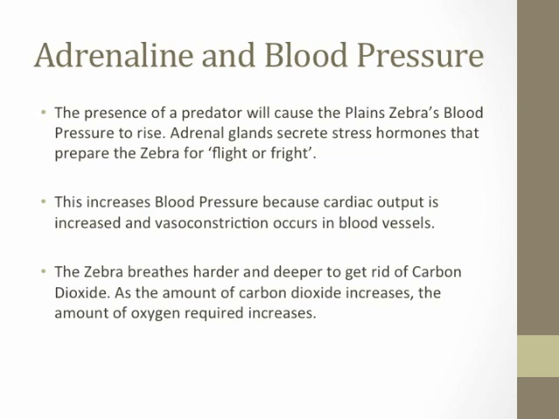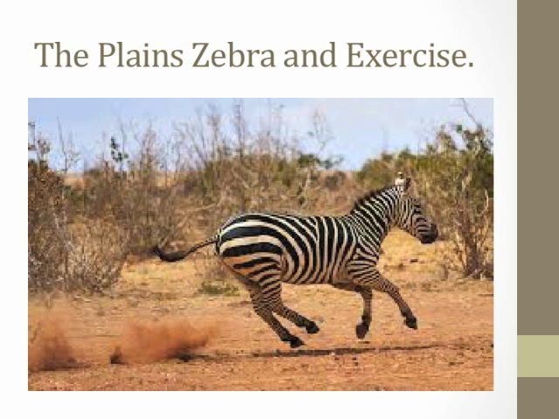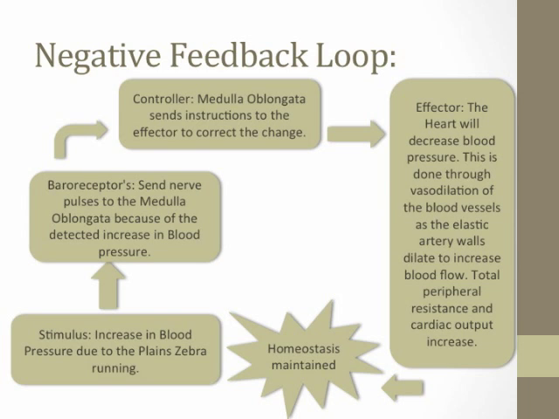As the heart pumps harder to send blood around the body, the zebra's blood pressure rises. To show how homeostasis and a plain zebra's blood pressure work, I will use an example of blood pressure increasing due to the zebra exercising as it runs from a predator. Zebras are heavy-bodied animals that are perfectly designed for speed, with their narrowed hooves helping them reach up to 40